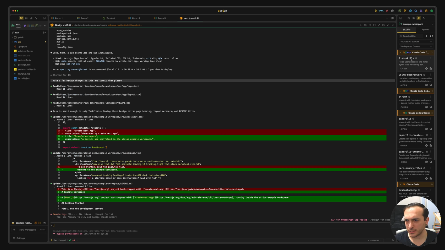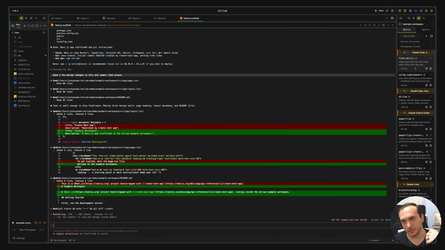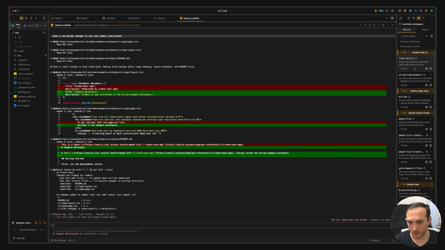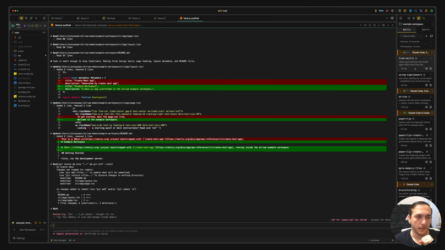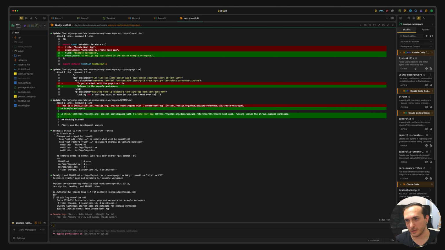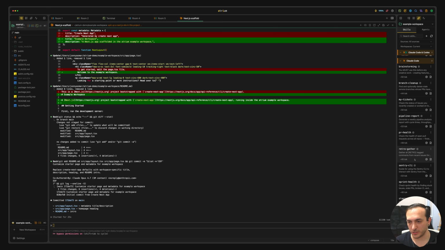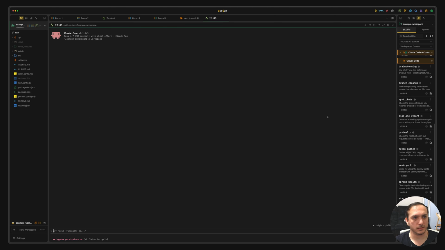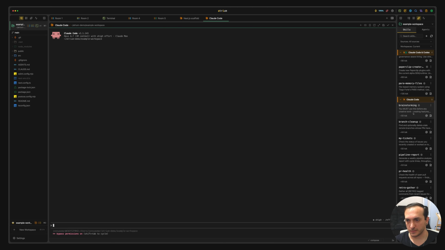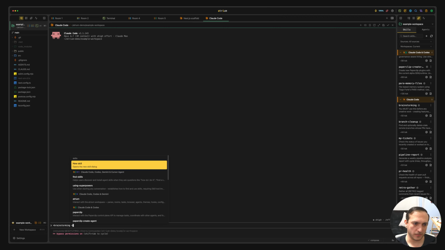One of the cool things here is that this pulls all of your skills and agents from all of the workspaces that you have in Atrium, as well as all of your user directories, and it pulls them all in. You can see I have a bunch in here, even though I don't have any agents or Claude directory or anything in these projects. So it pulls these all in, and I can go into an agent, and like this is superpowers brainstorming skill. I can add it there. You can see we use a plus. That's also usable in here. So I can